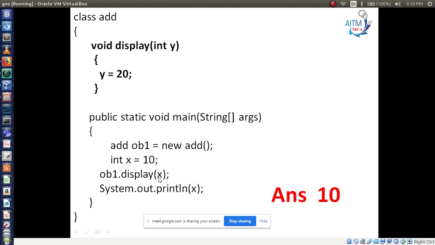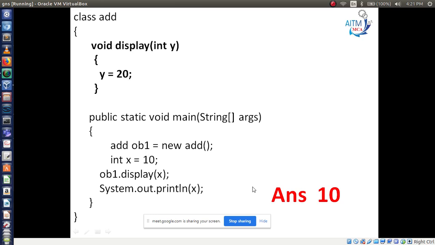You are passing the value, right? But you are printing what? x. So 10 is passed to this method, but you have already given the value y is equal to 20. Even though you are printing x, what is the x value here? The original x value, 10. So the result is always 10 only.